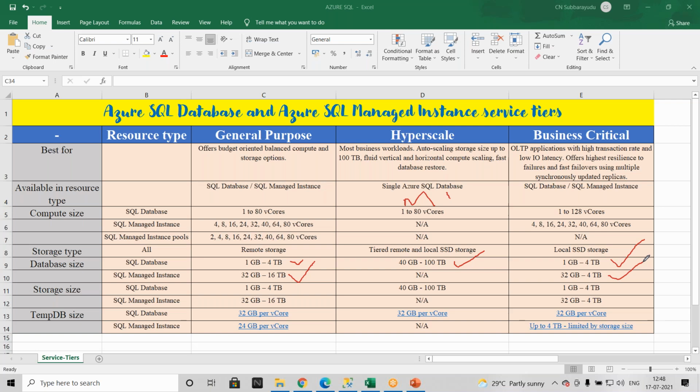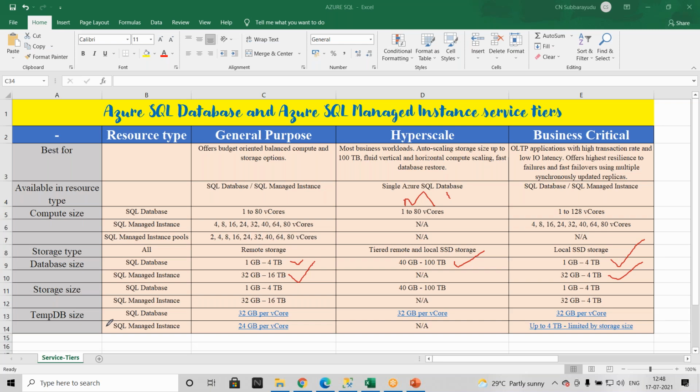Regarding temp DB size, with vCore deployment, 32 GB per vCore is allocated to temp DB under all deployment models: general purpose, hyperscale or business critical.